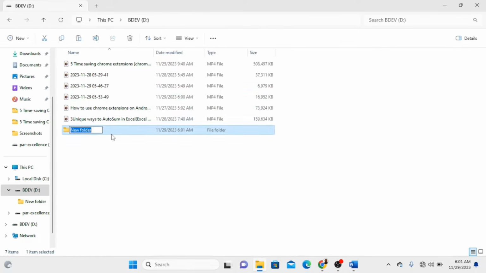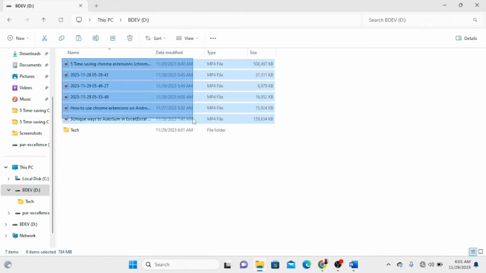Then once you click on folder, you'll be able to rename your folder. Let me just type something like tech to rename my folder. Once I rename the folder, I can select everything. Now, like I said, you can select everything just by left click and drag your mouse on everything you wanted